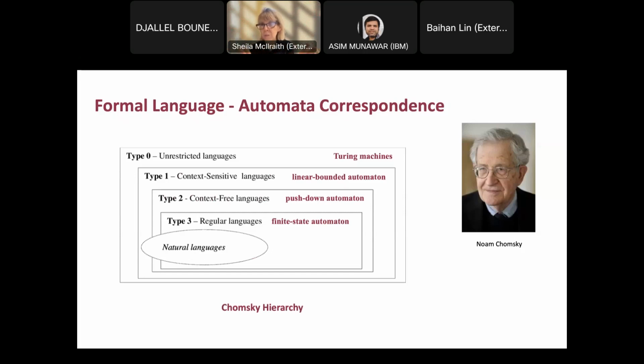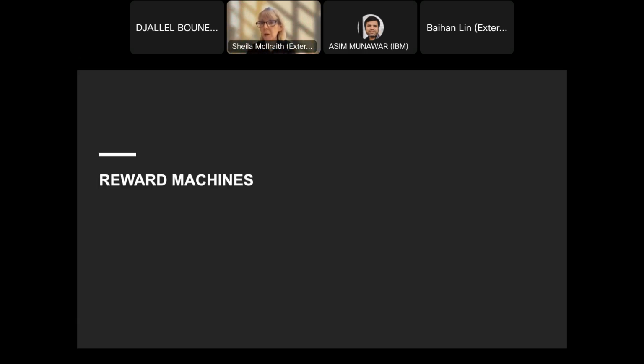Typical procedural programming languages that don't have subroutines in them are regular languages, and many variants of linear temporal logic can also be represented as finite state automata. As we go up the hierarchy, we need memory or various other things, so we go to pushdown automata and so on. But the message is that, again, subsets of natural language and many languages can be represented in all sorts of different types of automata, and we are going to use those in our reinforcement learning, and in particular in something that I'm going to call a reward machine that I'm going to talk to you about now.